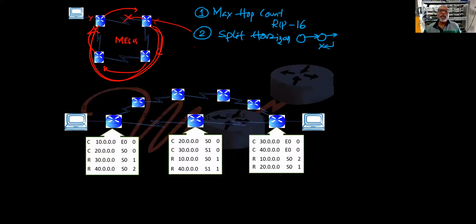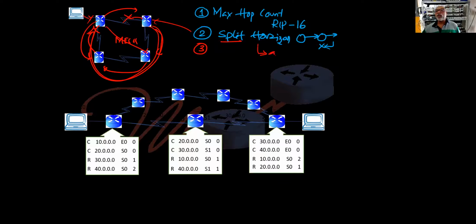Then they said, okay, it should not come back to this guy. So what happens now? They said that split horizon is not solving it. Then what to solve? They said, split horizon should not work in case something goes wrong.